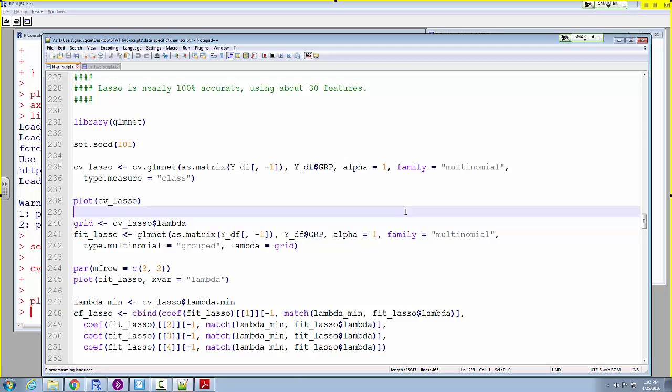Depending on the context, the collaborator may or may not be interested in feature selection in and of itself. Contexts where feature selection is specifically of interest is where, in addition to making predictions, you would like to learn from the model about what drives those predictions. If there's 2,000 genes in the model, it's hard to say. I have 2,000 beta coefficients. If there's only 100 genes in the model, then it's relatively simpler to